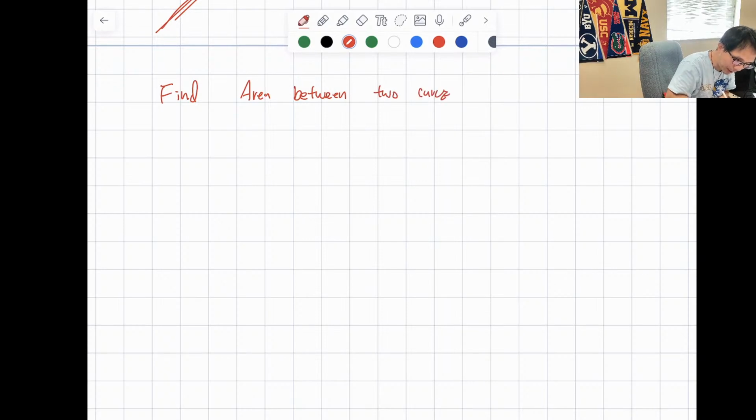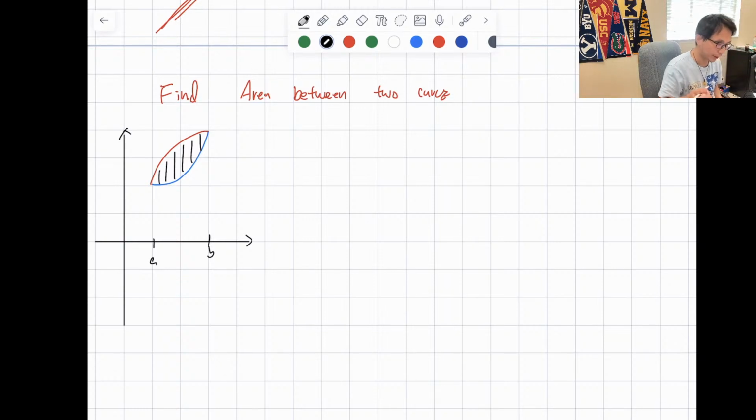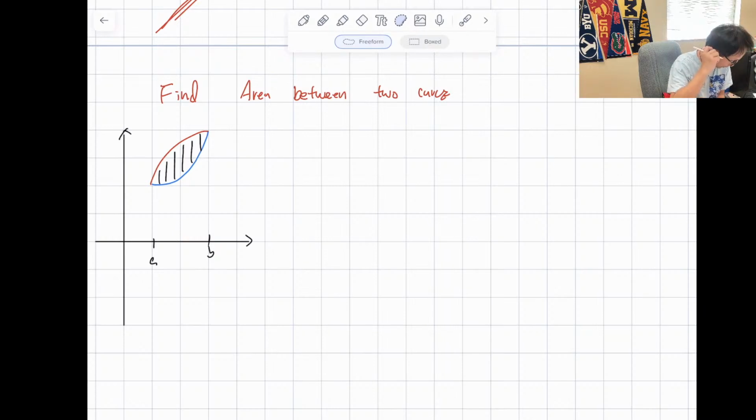So what I'm saying is, can you find the area between here? I have A and B, and I have a top function, a red function like this, and a bottom function, the blue function like this. Can you find this area here? Okay, can you find this area? Well, we already know how to find area under the curve, so we're gonna say this is equal to